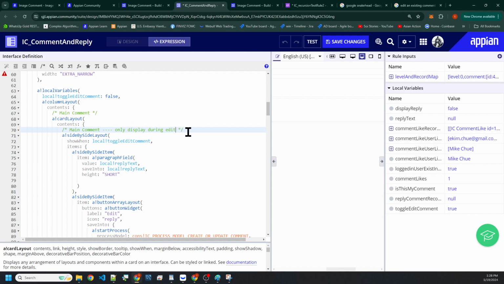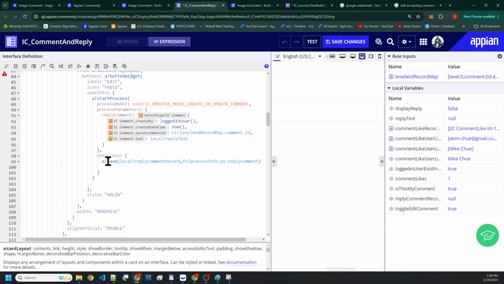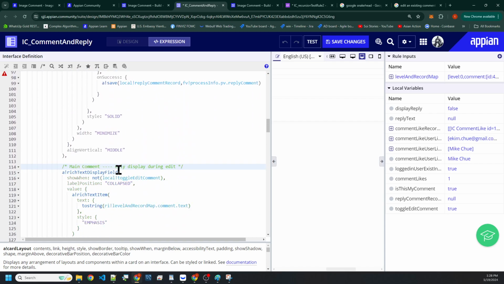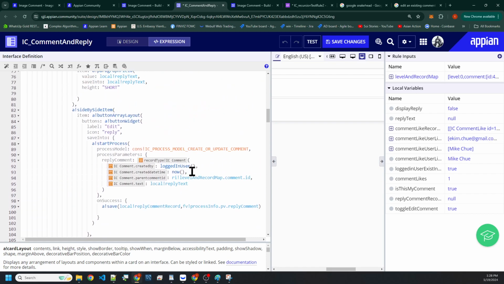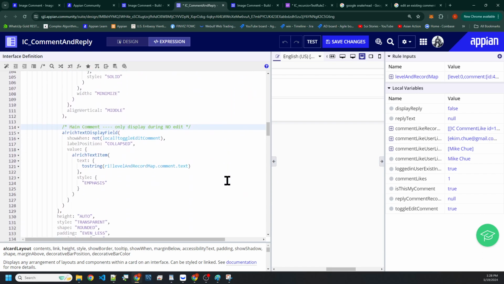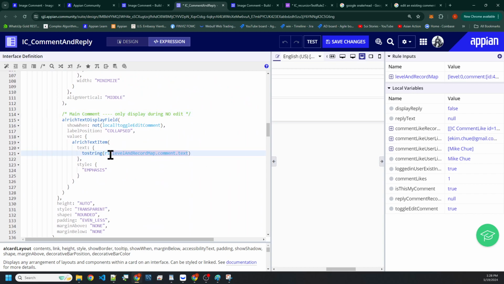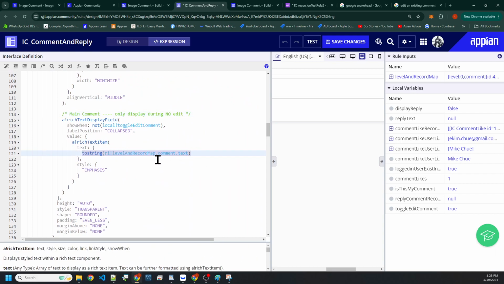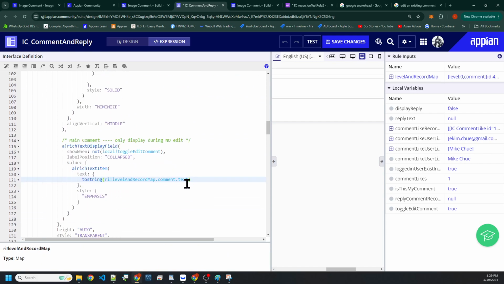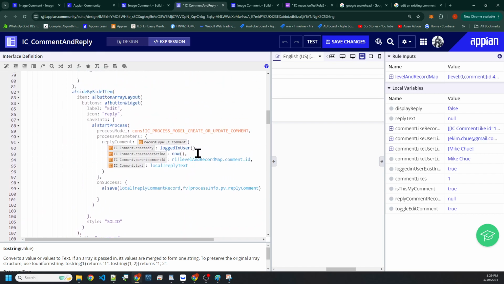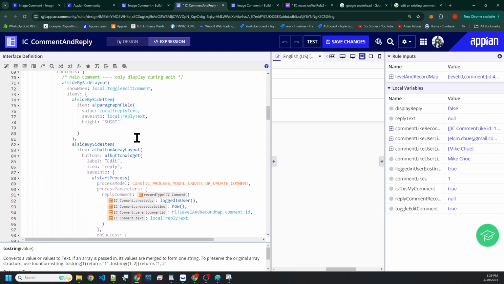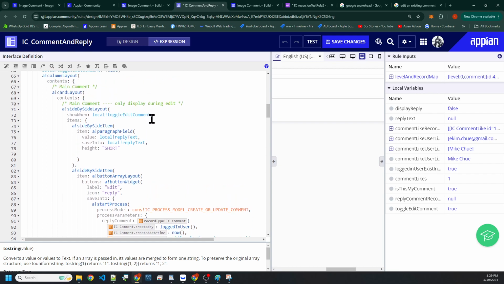Only display during edit, right? This thing is only displayed during no edits, during no edit. Okay. So what we want to do is we still want to preserve this text here, right? So we want to say that, hey, look, potentially what we have to do is we have to say,